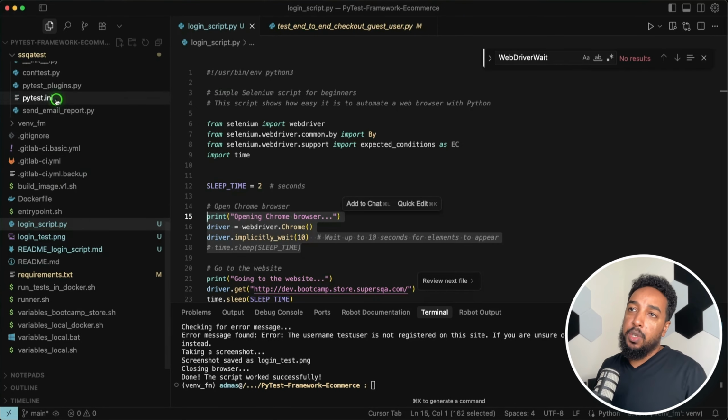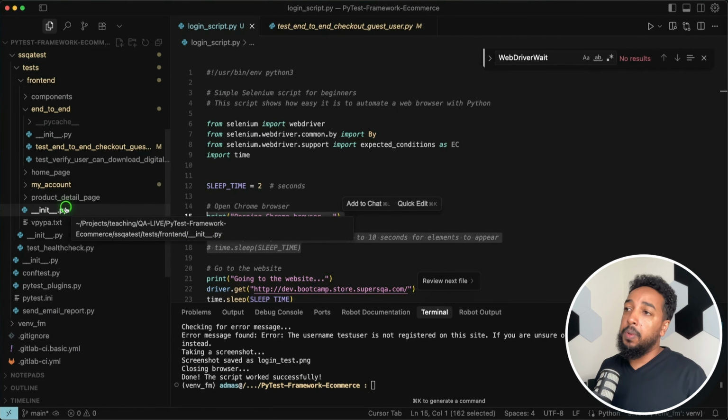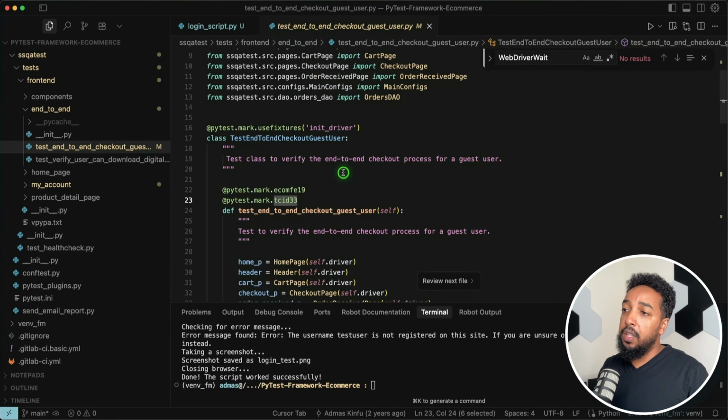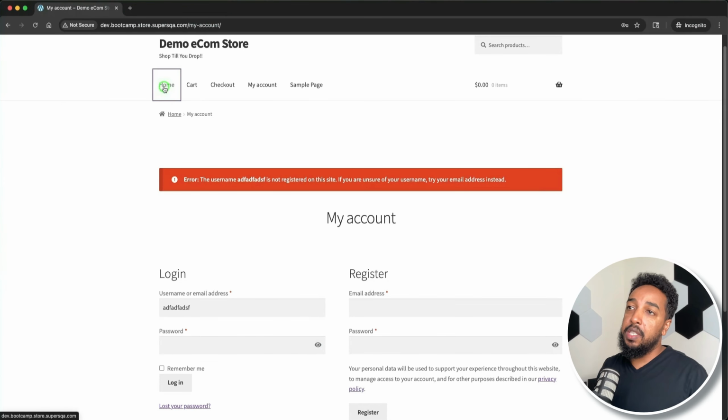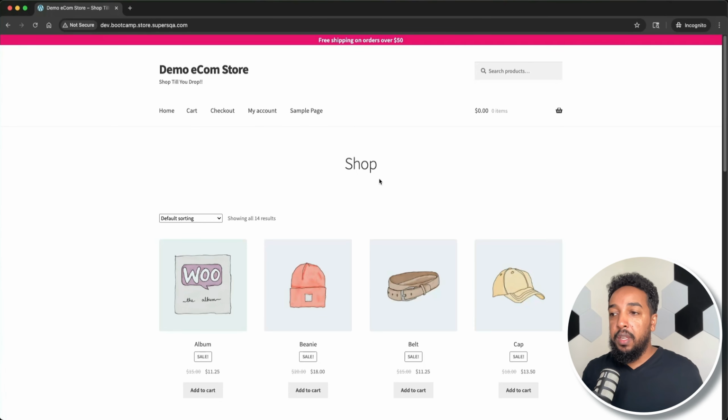So this is a framework. It's just a bunch of tests. We have front end, back end, everything. This is like the one I use in my bootcamp and also in my coaching. Here, this script is an end-to-end checkout. What it does is it goes to the home page, adds one item to the cart, goes to the cart, and applies a coupon. Once it applies the coupon, the cart becomes $0. It goes through the checkout process. That would be a very typical test case you would do in automation, right? If you work for an e-commerce website, a typical thing you'll do is run a checkout flow. And this one is a checkout flow as a guest user.